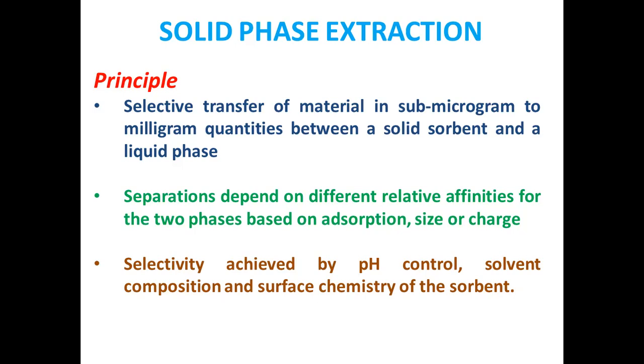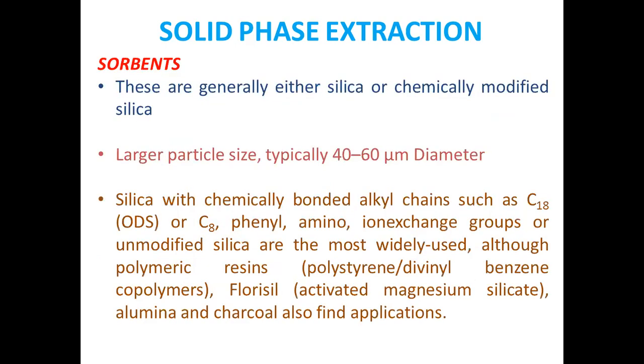Sorbent will be a chemical species, and that will be possessing many functional groups. Some functional groups will be highly polar, and they will attract more polar species. Some functional groups will be non-polar, and they will attract more non-polar species. So therefore, surface chemistry of the sorbent is also very important. So the selectivity and hence the efficiency of extraction in solid phase extraction is dependent on three parameters. One will be pH, the other one will be solvent composition, then the nature of the sorbent.